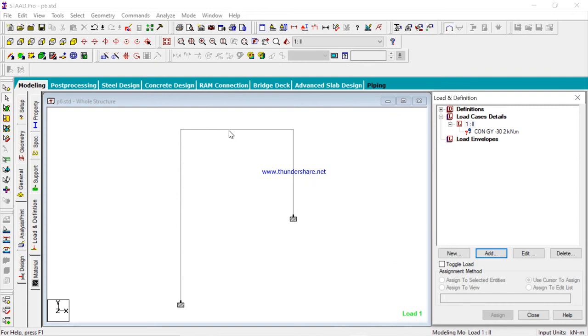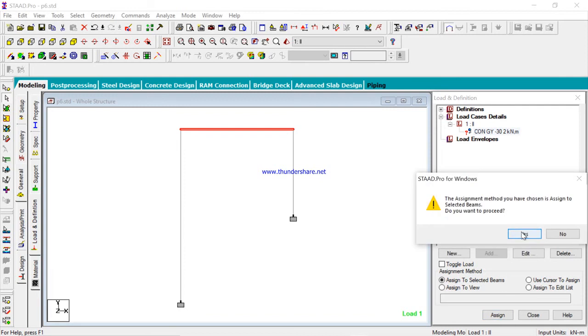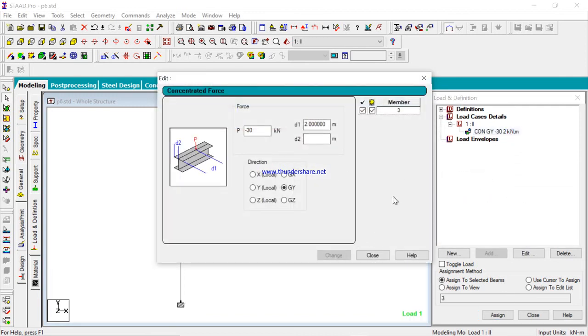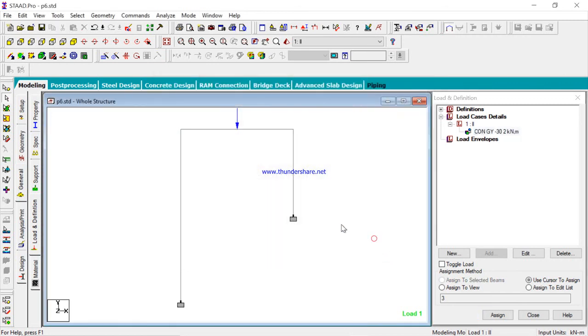Now select the required beam, select the concentrated load, then assign to the selected beam. It will be minus 30, 2 meter. Now we have defined all the properties to the structure as well as the loading.